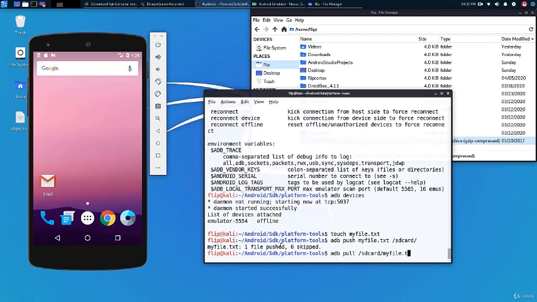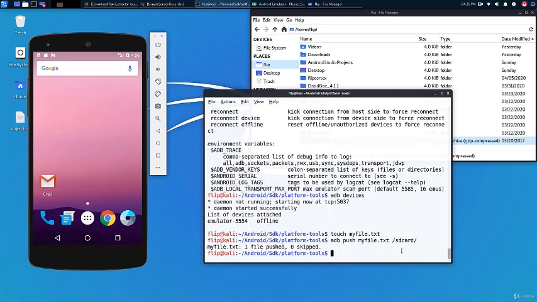Okay, another important command is adb install. So if you have an APK file on your host machine and you want to push it and install it on your device or emulator, you can either push it onto the device and then go onto the device and install it, or you can just run adb install and it will be installed directly onto the Android device.